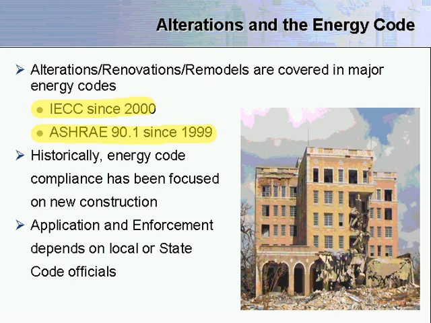So if there are any discrepancies or items not covered in the code, that's your first place to go, the local building official, and see if there's some resolution there. What I'd like to do now is cover what's required in both of the nationally available codes, the IECC and ASHRAE 90.1. Looking at IECC first,